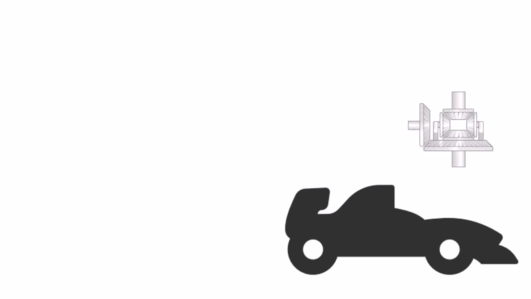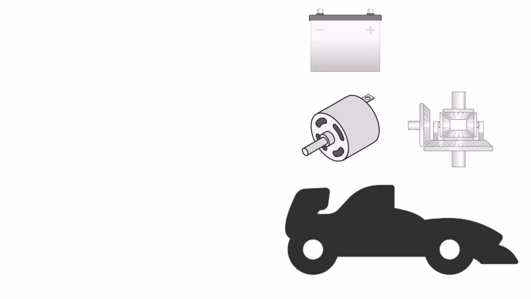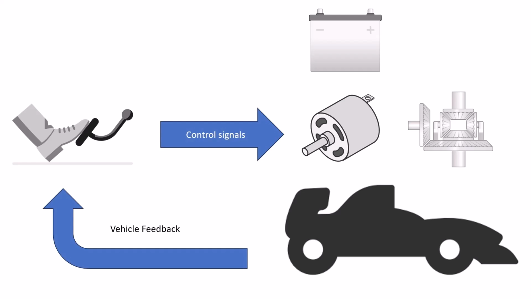To do this, we need a couple things. First, we need a model of our differential so that we can split power between our rear wheels. Then to power that differential and actually provide torque to our mechanical system, we need a model of our motor. And then to provide the energy that we need to spin that motor on the electrical side, we need some sort of battery model. Once we have these hooked up, the last thing we're going to need is some sort of model of our driver. We're going to take the velocity that we're trying to reach, provide some control signals to our motor, and look at vehicle feedback in order to drive the vehicle over that drive.